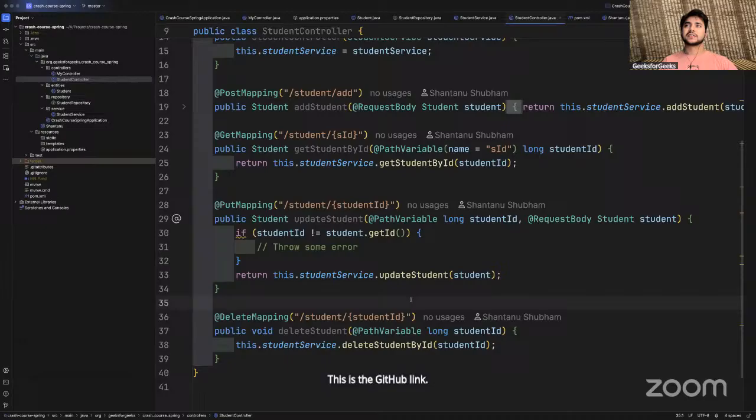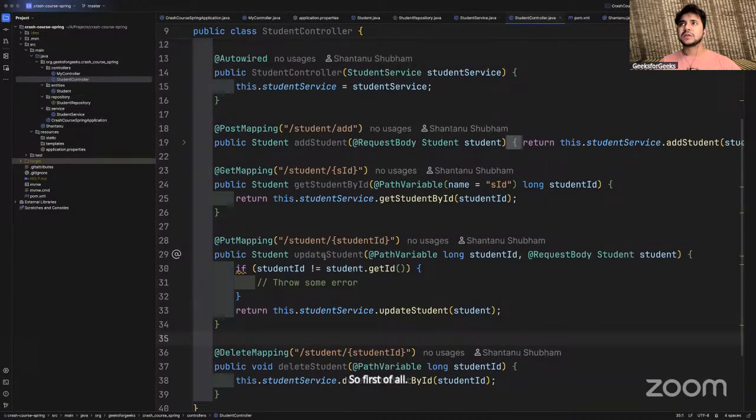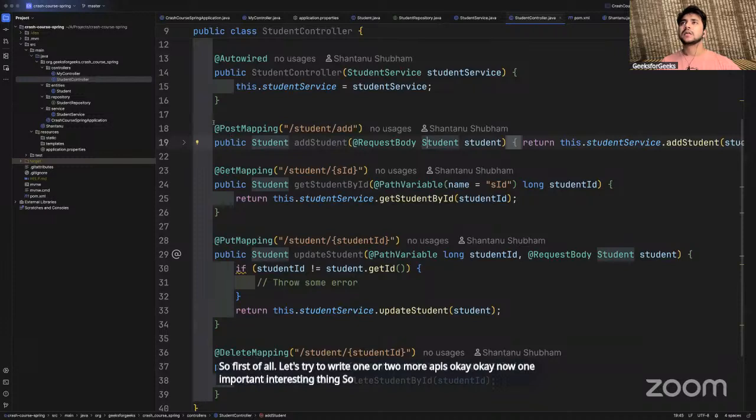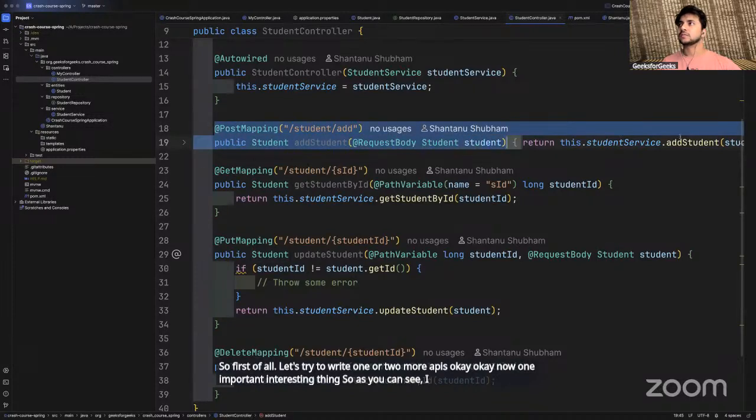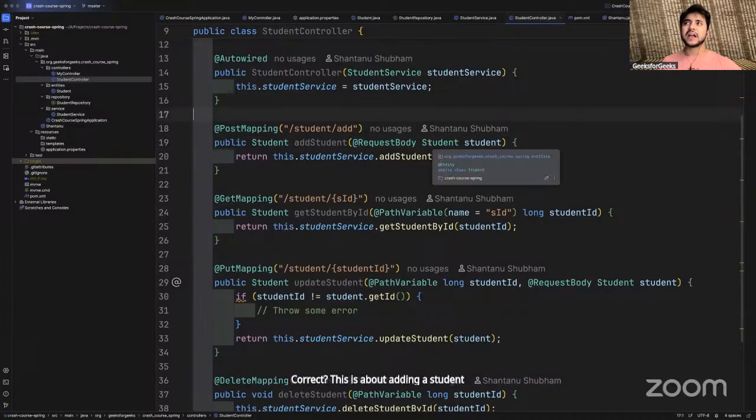Okay, let's get started. So, first of all, let's try to write one or two more APIs. Now, one important, interesting thing. As you can see, I want you to focus on this part of the code. This is about adding a student, correct? So what are the things that we are adding inside a student?